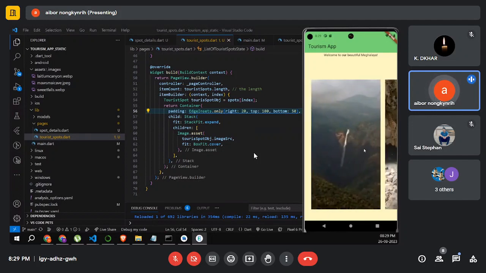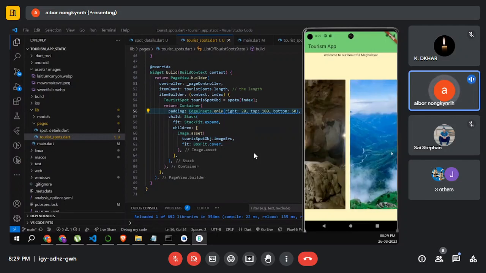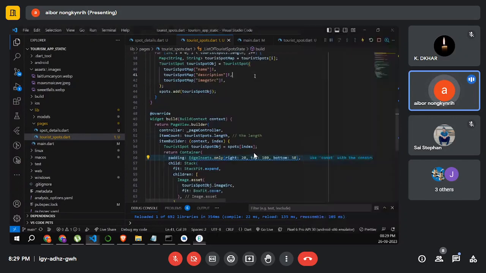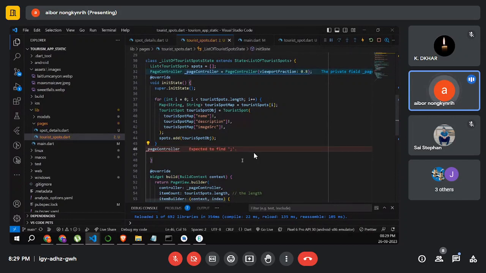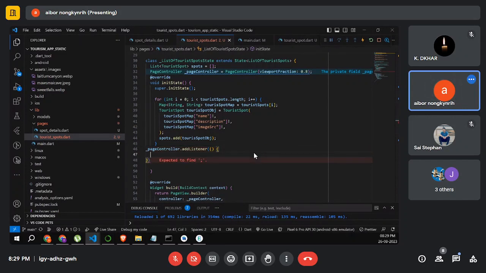I need to know if this image is active, or this image, or this image. So in order to do that, let's use the controller again. Let's use the controller inside the init state here itself. Remember we initialized the page controller earlier. So page controller, and then we add listener. And inside your listener here, what you could do is